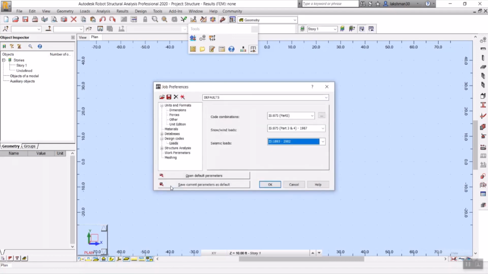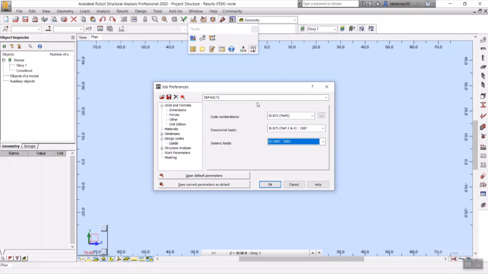Okay, this is the first step to start your project here in Robot. You want to make your code books and start the project with the job preferences. What I'm going to do now is save these preferences so that for every project I start, I don't have to repeat these things. It would be a waste of time, right? So I'm going to save these parameters.